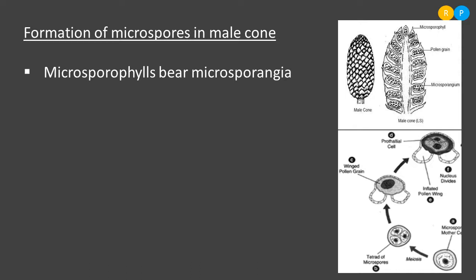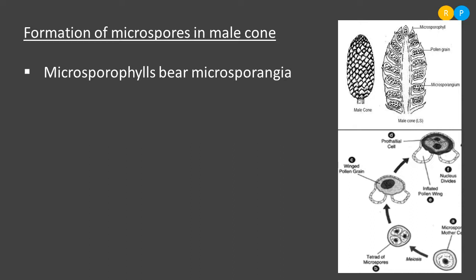So that sporangia is nothing but microsporangia. That is also very clear in this diagram. Clear? So many leaves are there. They are spirally arranged along an axis. Each leaf, each microsporophyll, consists of microsporangia at the base. Clear? So you carefully observe the microsporangia position. So these structures are the microsporangia.